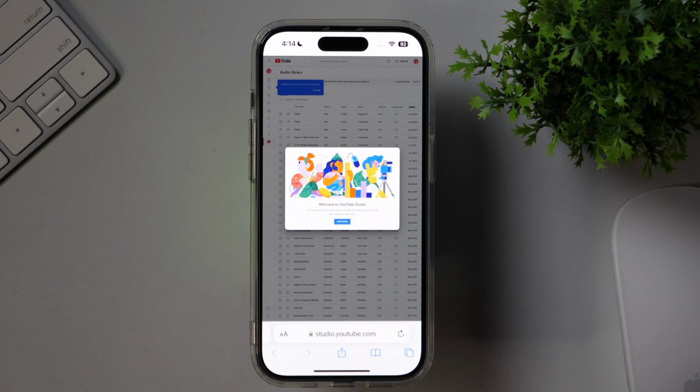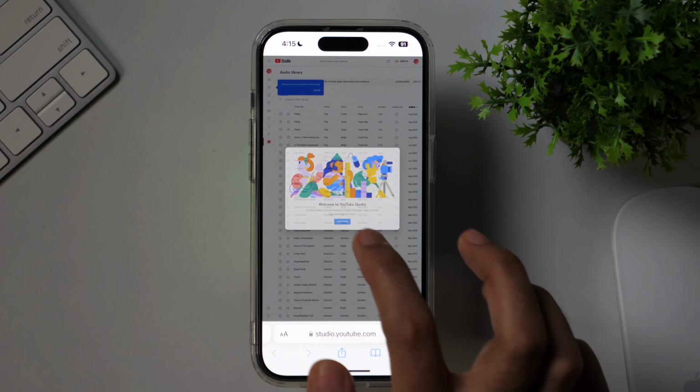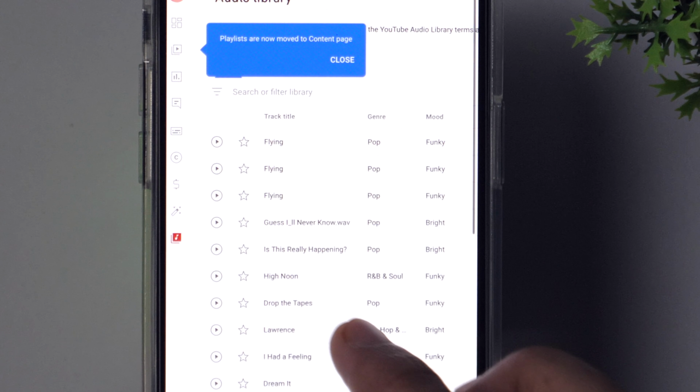In case you don't know, YouTube has a huge database of audio in its audio library, and it provides creators easy access to that with just a YouTube Creator Studio account. So if you have a creator account, you must simply log into your YouTube Creator Studio and access the YouTube audio library. Simply tap continue, and then here you will get various options for audio to select and download.